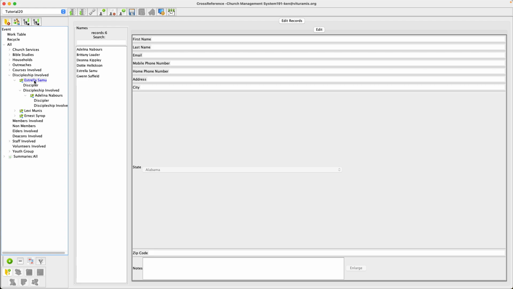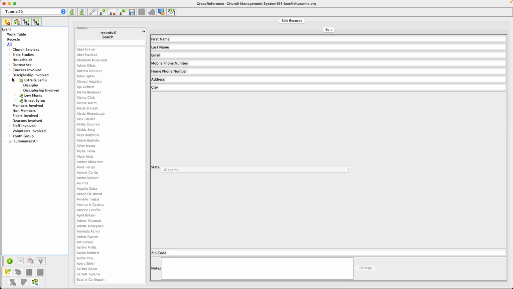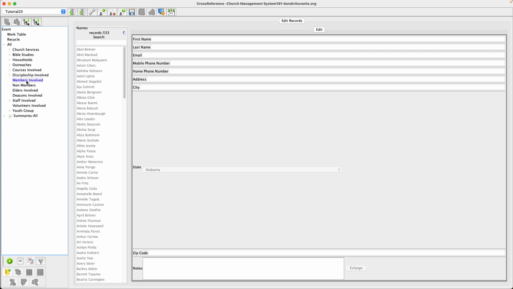Needless to say, one of the people that Estrella has discipled is Adelina Neighbors, and so now Adelina Neighbors is a discipler. And so this is the tree for Estrella Samu, and you could see how discipleship has evolved through this particular person. There's a discipler group, and then discipleship involved, which is, of course, the people who have been discipled by that particular discipler. We have members involved,